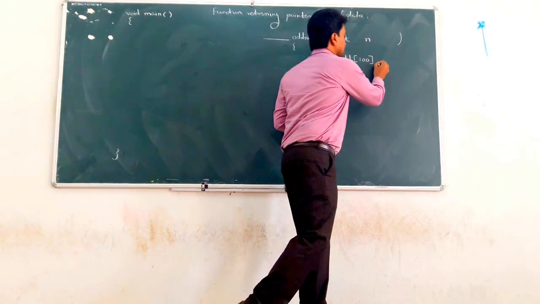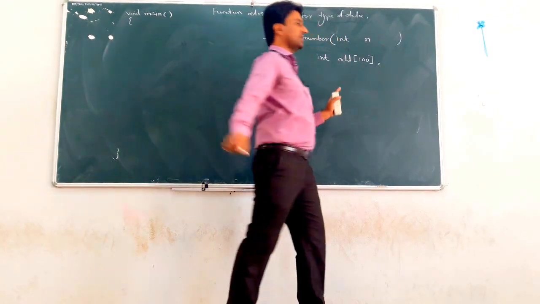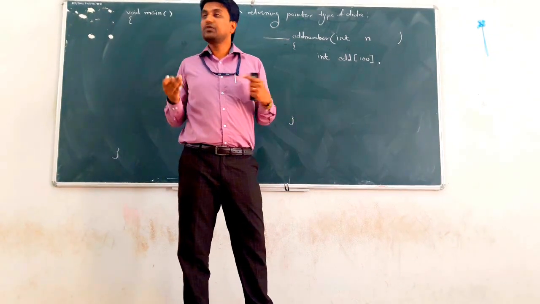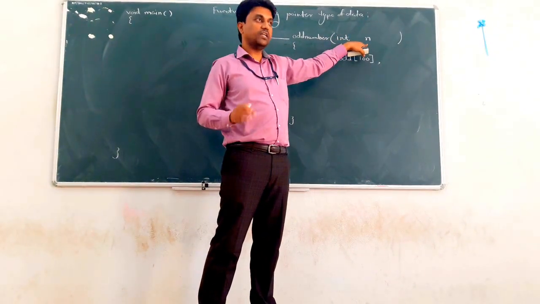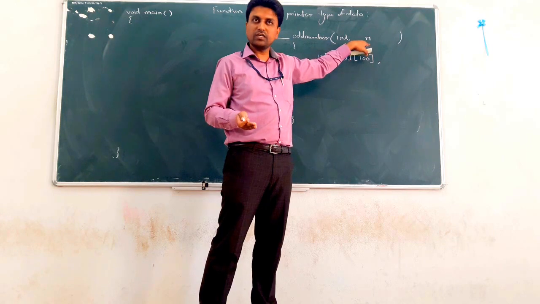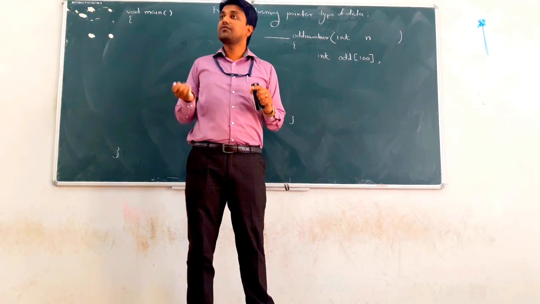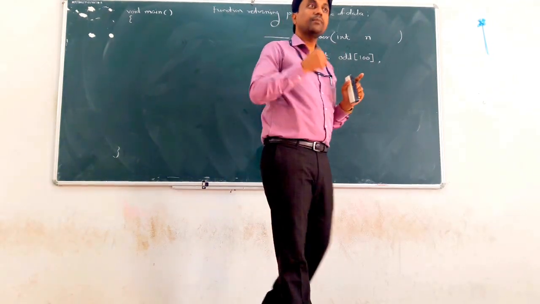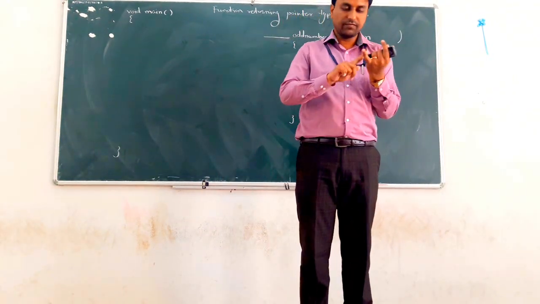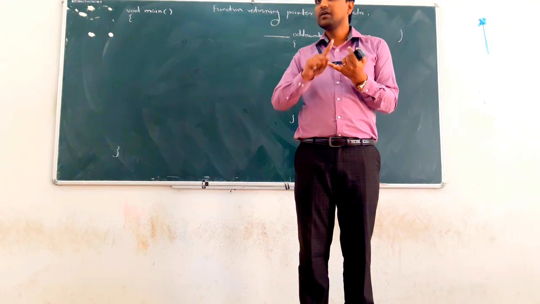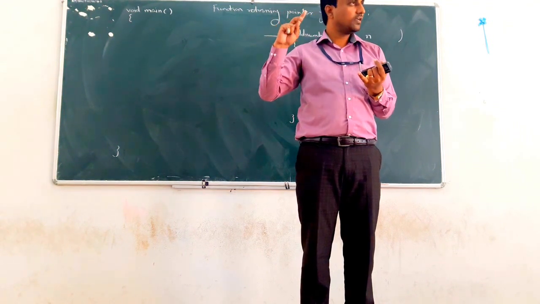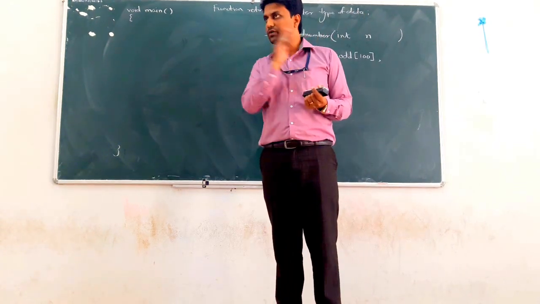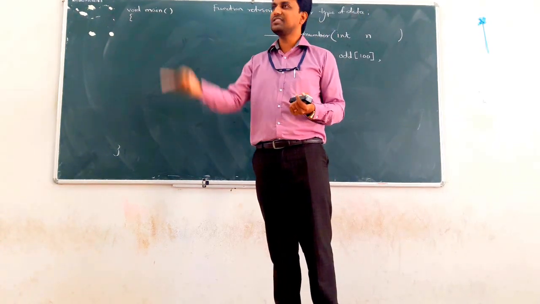Second, this we can declare. Just declare, not initialize. After that, because we don't know how many odd numbers the user wants, it depends on n. In this program we can implement all the things like function, array, loops. Clear? Whatever we have studied throughout pointers, we implement all these things.